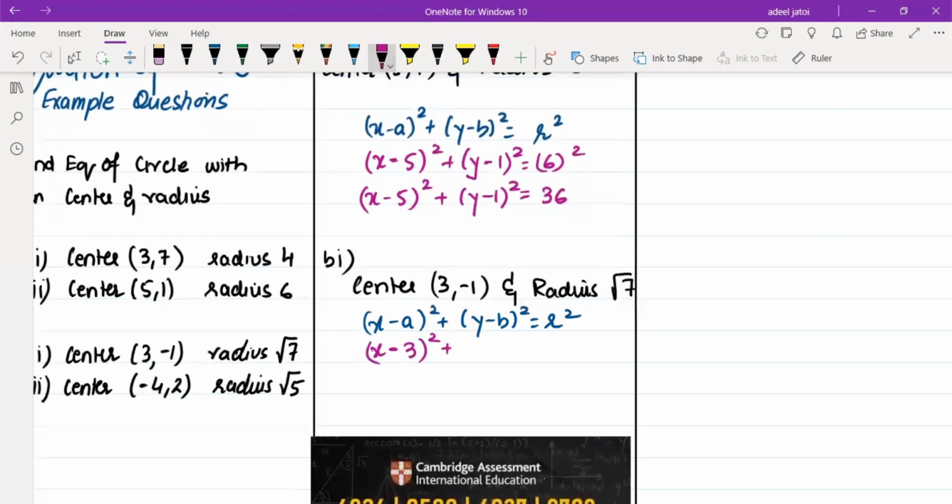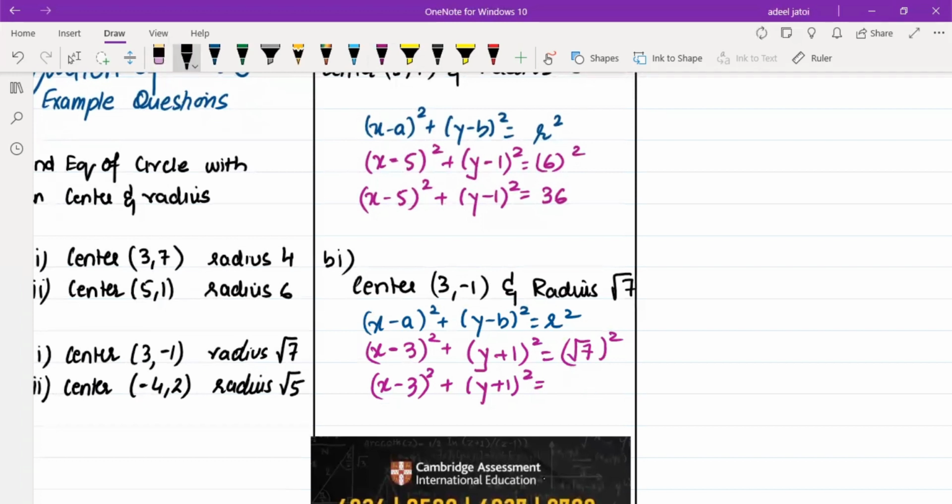Now see, the sign will change. Y minus minus will become plus. Whole square is equal to under root 7 square. So this is going to be x minus 3 whole square plus y plus 1 whole square is equal to